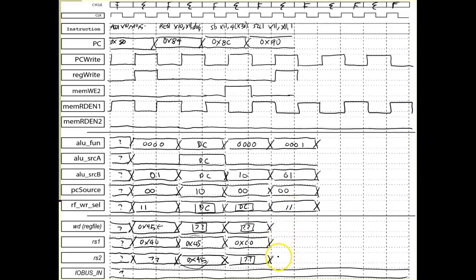Well, we can do this. The data is coming out RS2. It's an immediate instruction, so I don't know what that data is, and I don't really care about it. But the data coming out of the register is X11, and I don't think I wrote X11. So X11 is still 45,